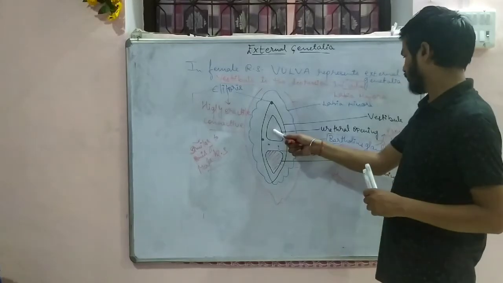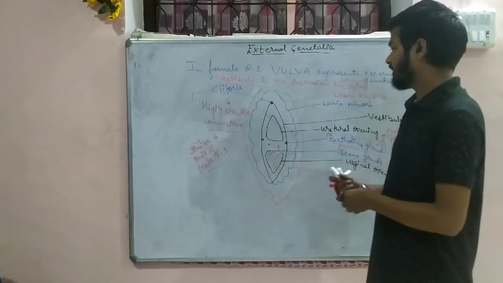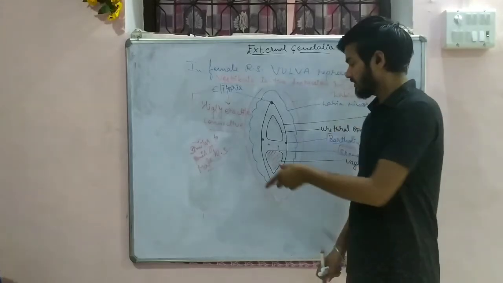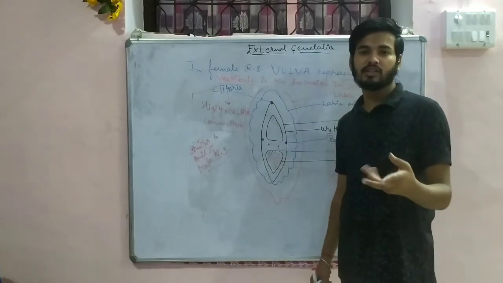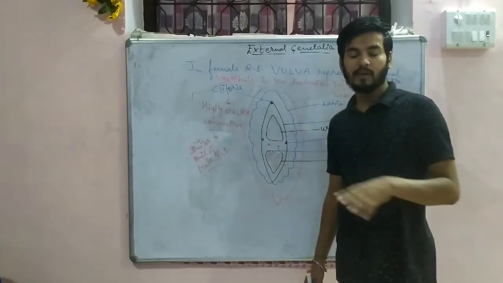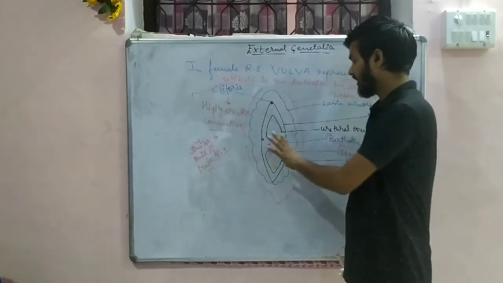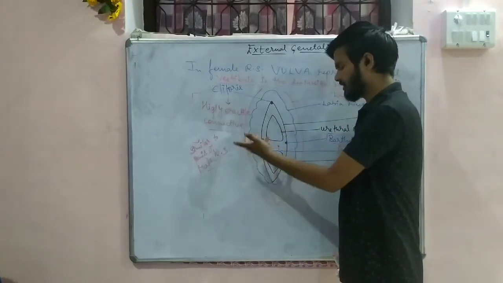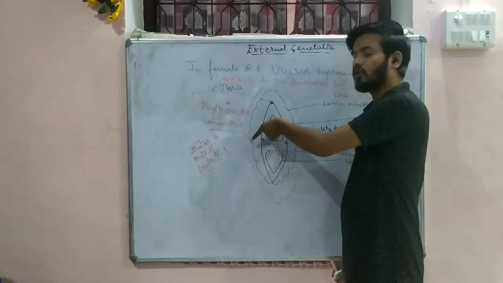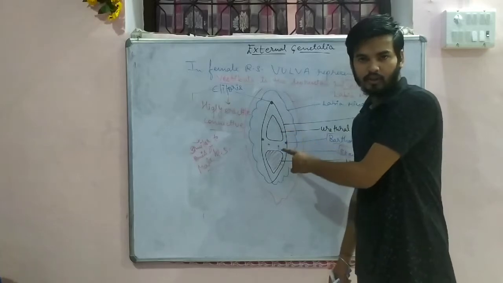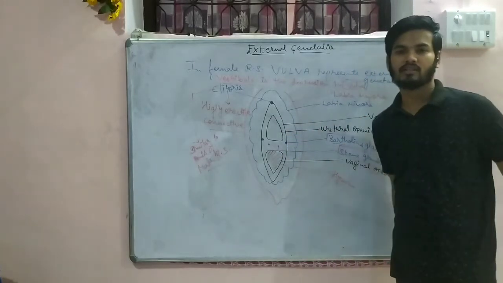Okay, so this is the urethral opening and this is the vaginal opening. Very important to note, in a female reproductive system the genital opening and urethral opening are different, but in the male reproductive system the urine and sperms come out through the same tube, which is known as the urinogenital duct. But here, the reproductive tract is of a different opening and the urethral tract is of a different opening. This is very important to note. Draw this very carefully. After that we will start another concept.